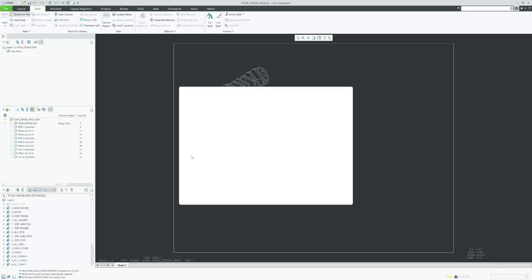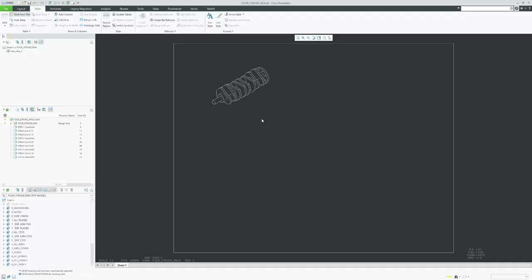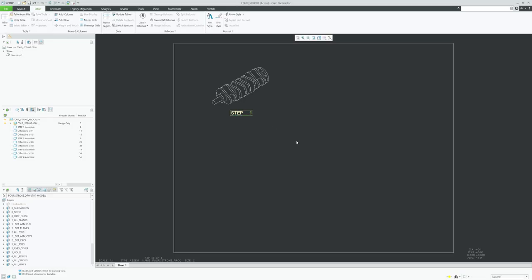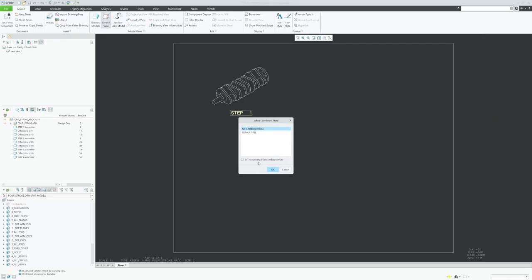All right. In our company, we have some tables that have been prepared. So you click here, table from file, you can select the step number, and it will put the step number that is activated in this moment. So let's go back to layout, drawing models, set state, step number 2, okay, done, general view,